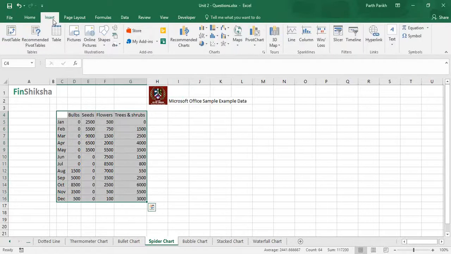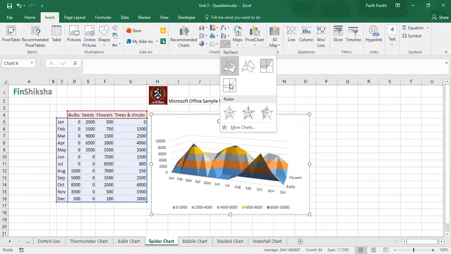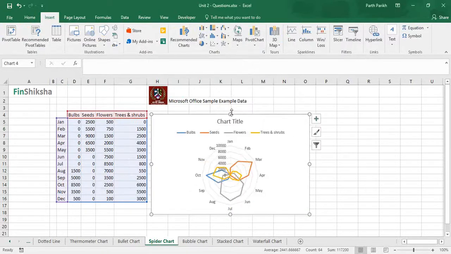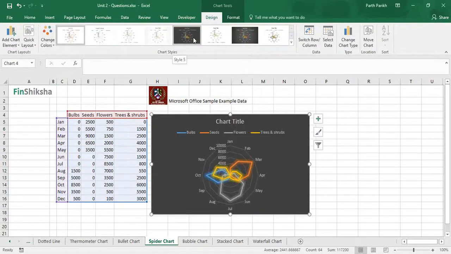Click on insert, and something is displayed over here called the spider web. You just click on that and click on radar chart. Instead of 3D chart, you just click on radar chart, and once you click that, click a background which is black in appearance.